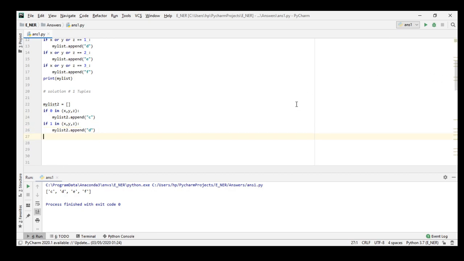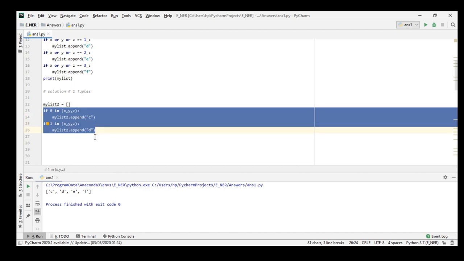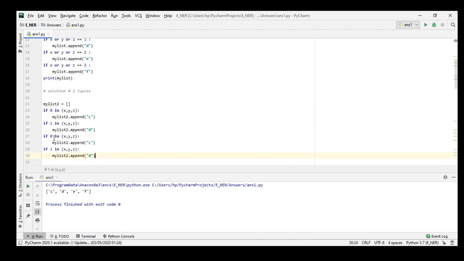Similarly, I will copy paste these two with some changes, and the changes will look like convert this 0 to 3, this 1 to 4, and also change this to E, and this to F. And then finally, we will